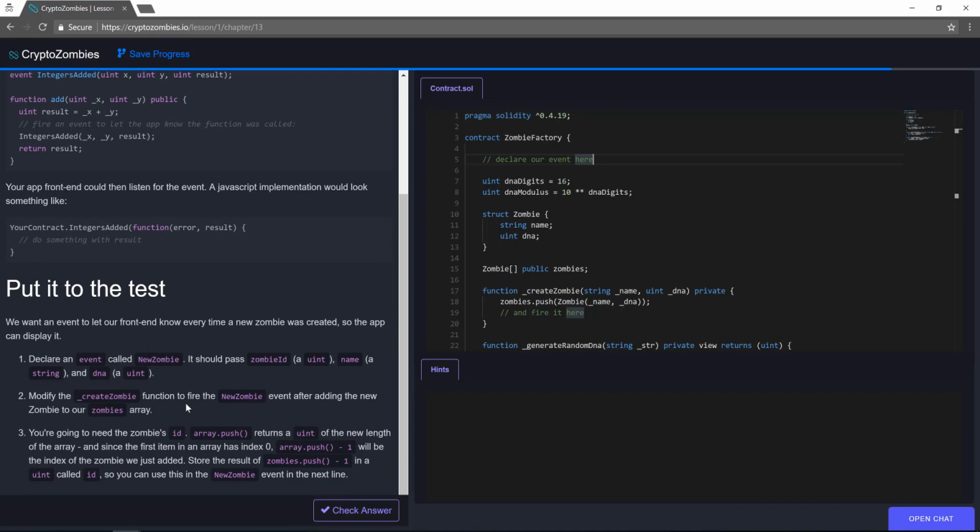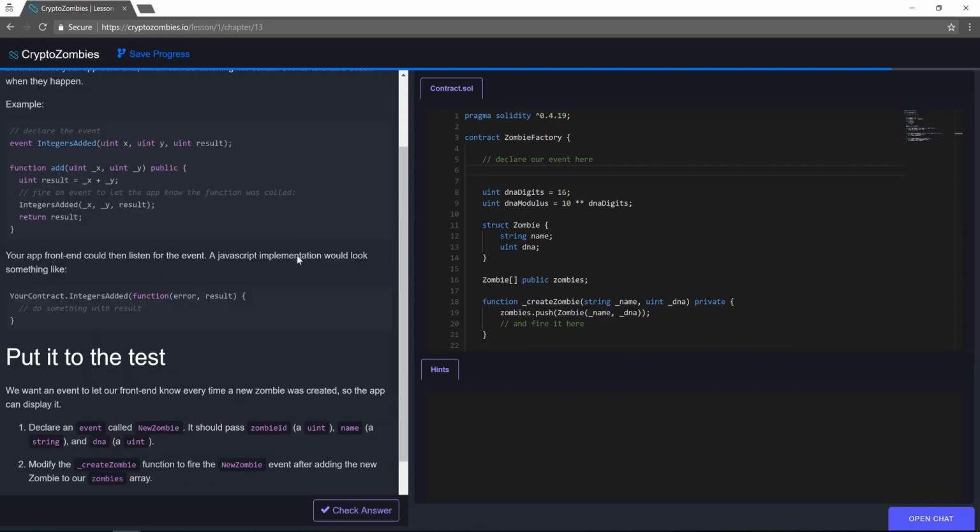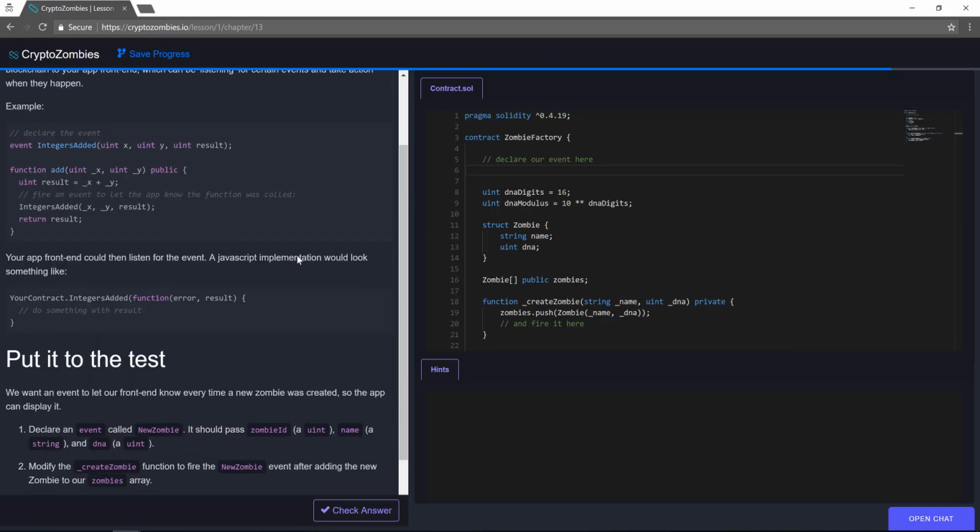Yeah. Declare an event called new zombie. It should pass zombie ID, unsigned integer, name, and DNA. And how do we declare events in Solidity? Okay, event keyword. We're calling it new zombie. And we're passing an unsigned integer called zombie ID, string